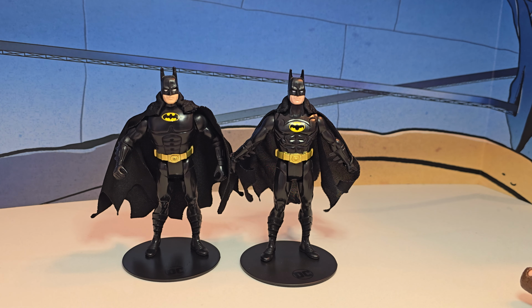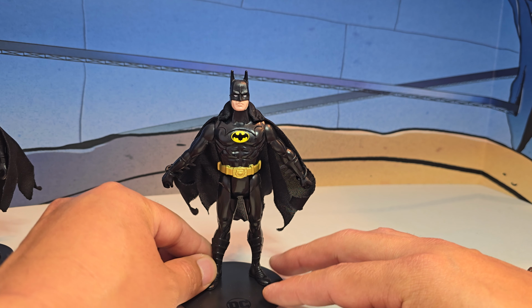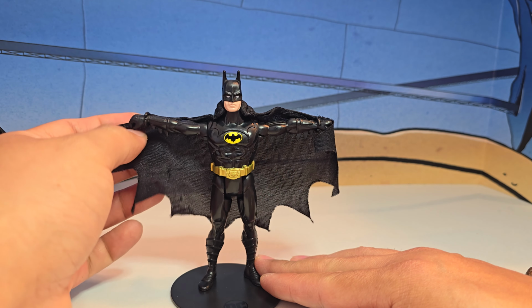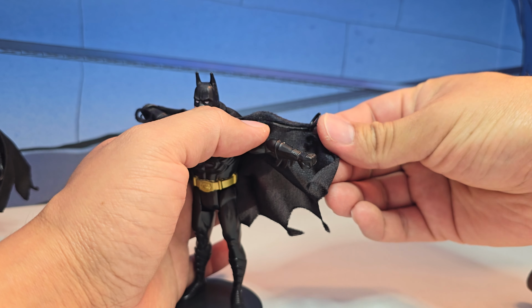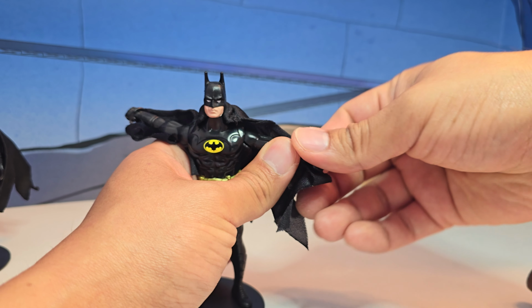Now the Batman 89 is pretty simple. This is the Shadow Wing Batman. You close the legs and it opens up the arms to the side, and it holds the cape. It holds the cape with clips here. If you don't have it, that's what it does. It's a pretty awesome figure. It does have the accurate